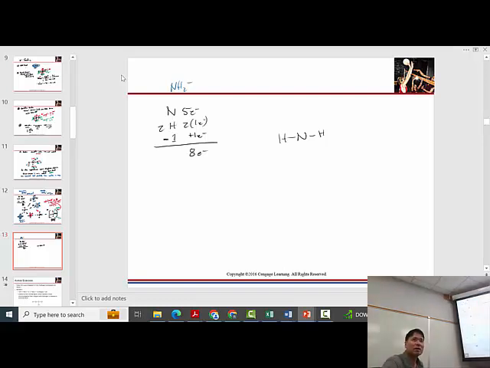But if we put the nitrogen in the center, how many electrons have we used so far? 4. And that means we have 4 more left over. I can't put the 4 more on the hydrogens. I have to put them on the nitrogen. And so this is the structure we end up with: 2 bonding pairs, 2 lone pairs. When I look at this structure here,